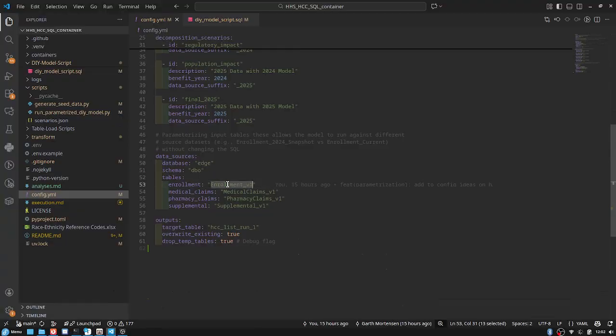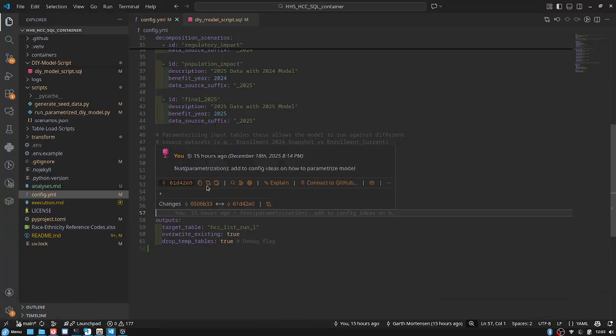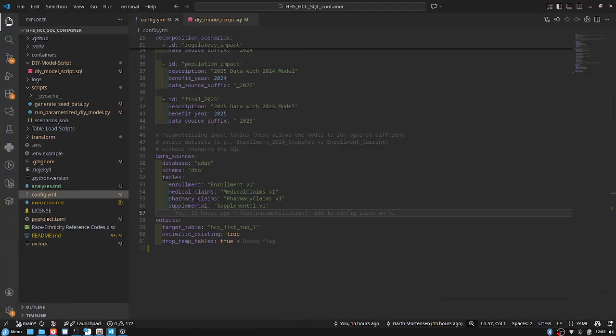You can also parameterize it to load different data sets, such as, well, what if our enrollment changes? We can have different base tables of enrollment, medical, pharmacy, supplemental, and run the same analyses using the same coefficients, using overall the same data, and just see what these different tables are doing for the impact. And there's a lot of downstream implications that you could look at. You can measure the impact of chart reviews, maybe looking at supplemental, but